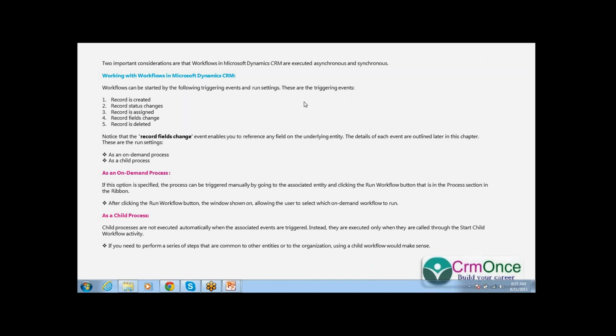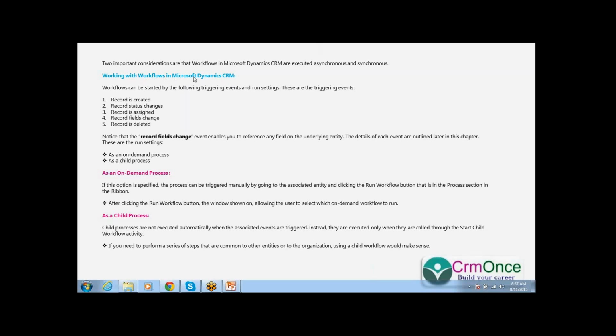Two important considerations when you are working with workflows: workflows in MSCRM can be executed asynchronously and synchronously. When you are working with workflows, there are two ways you can execute: synchronous and asynchronous.